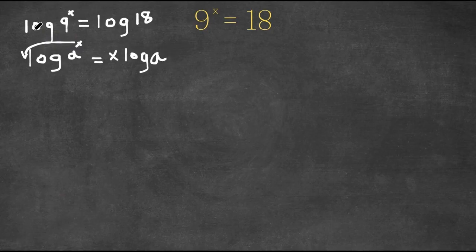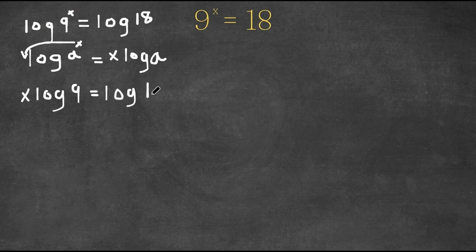So I'm actually going to change log 9 to the power of x into x log 9. And this is equal to log 18. Now if I divide both sides by log 9,